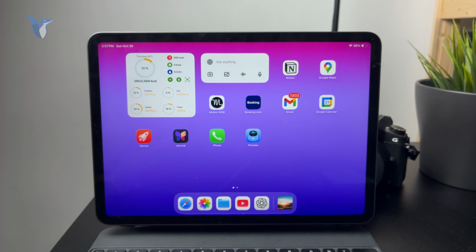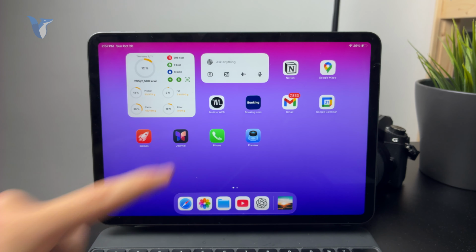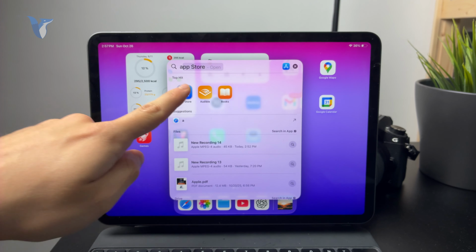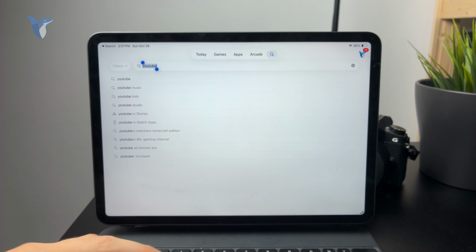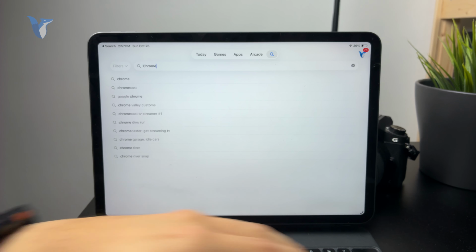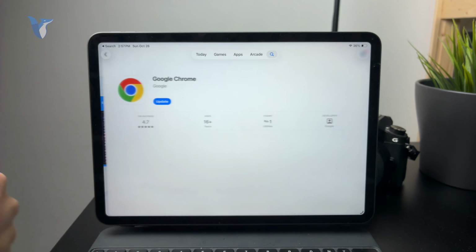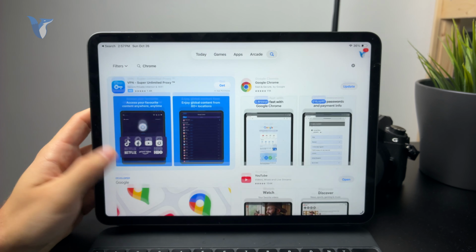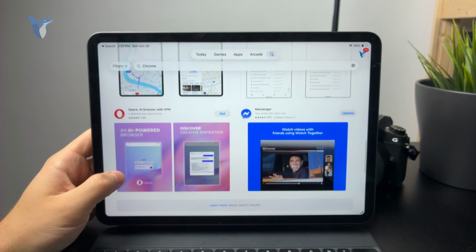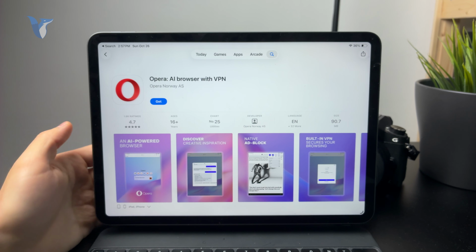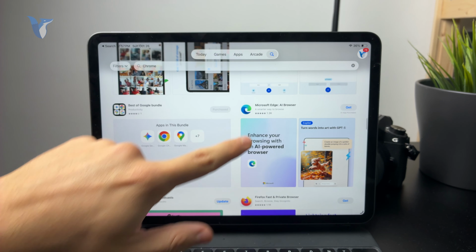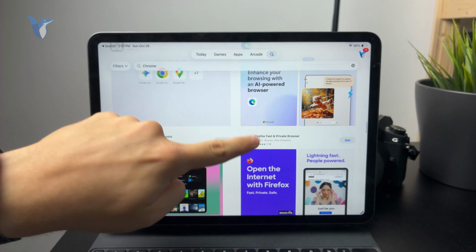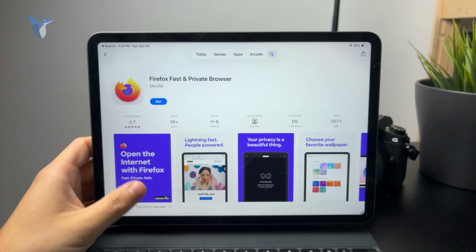Let's talk about it. At first, if you want to change your browser, you need to download some from the App Store. By default, the iPad features the Safari web browser, which is okay, it's from Apple, but you can open up the App Store and look up some different options. The most popular ones include Google Chrome. A lot of people use that. Then there is also Opera or even DuckDuckGo or even more, right? So you can check out Microsoft Edge, Firefox, or any of these web browsers which can be downloaded from